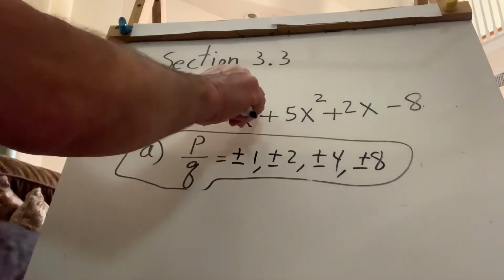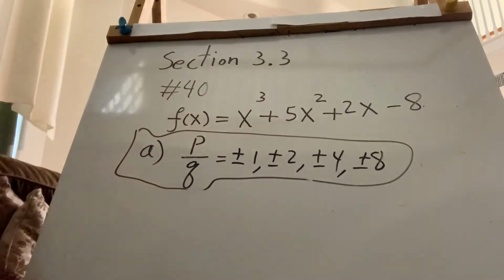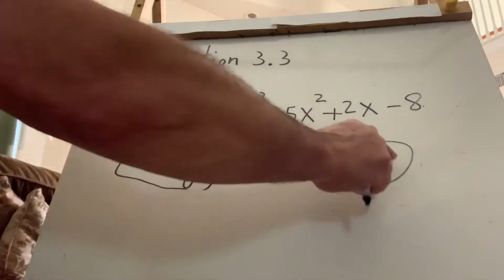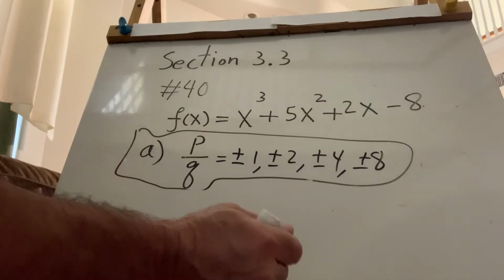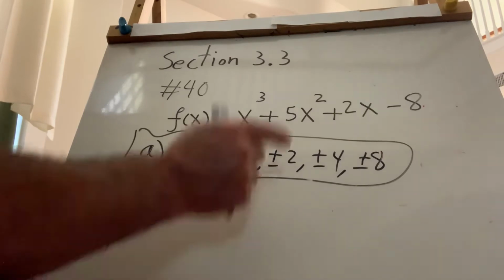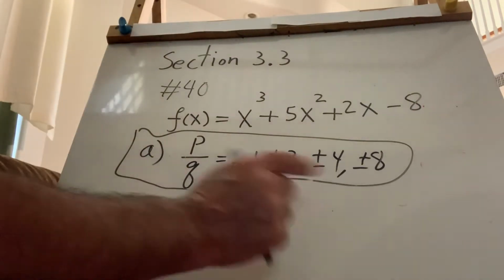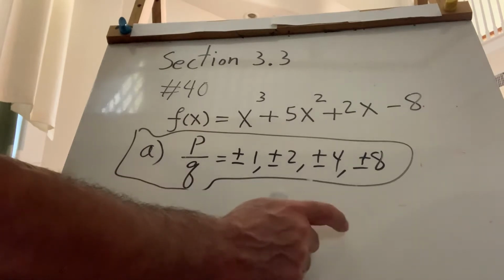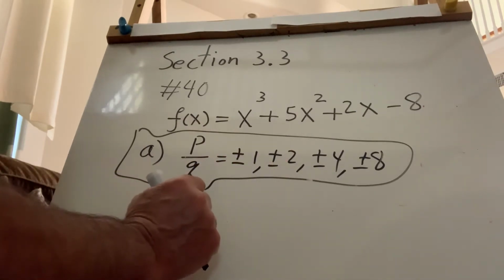So notice there are only 3 rational zeros in this case. Well, we know they're all rational also because it's third degree, so there have to be 3 rational zeros. So how do we know which of these 8 numbers are those 3 zeros? So we're going to do synthetic division. As you remember, one way to see if a number is a zero of any polynomial function, we can take that number and perform the synthetic division. If the remainder, which is always the last number on the bottom,